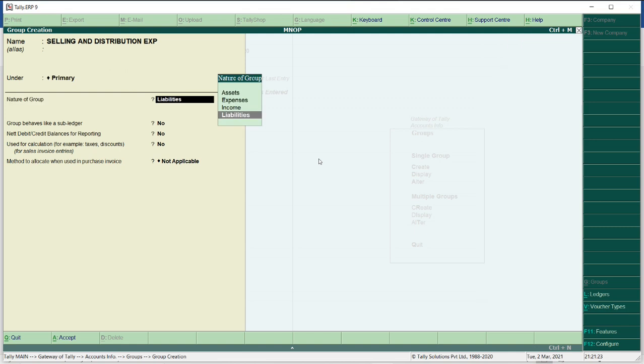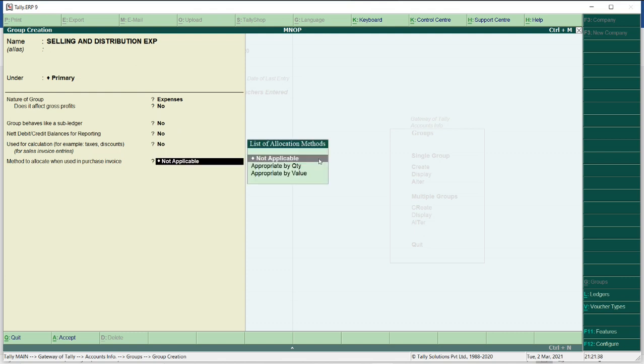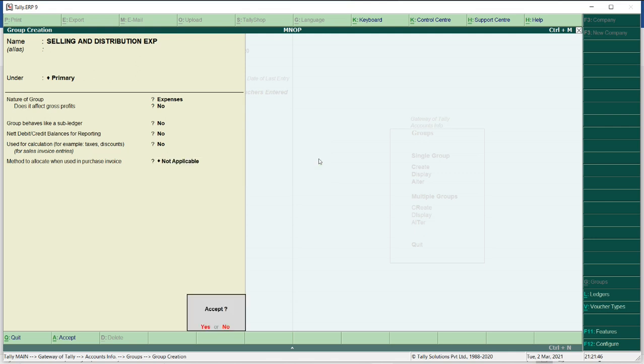I'm selecting primary. Then we have to select the nature of that item. So it's expenses. So now I have created one group, primary group.